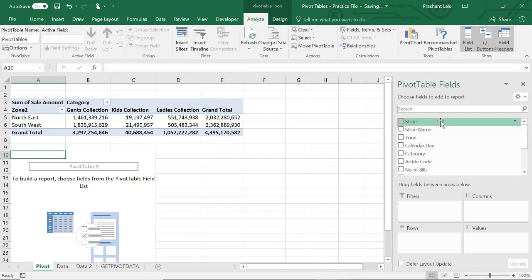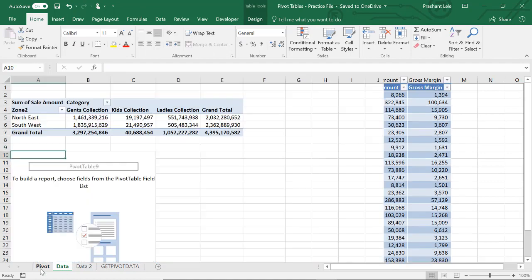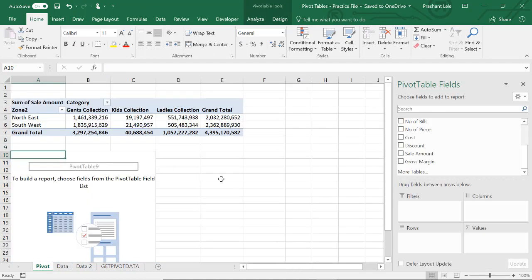Now if you go to the field list, you will not see the zone 2 below, right? So it is now disconnected from the pivot table cache and it is using its own pivot table cache. The problem with this is it will increase your file size, because now when there is only one pivot table or there are multiple pivot tables which are using the same pivot table cache, your source data is duplicated. Means there are two copies of your source data. One is the physical copy which is residing in your source data sheet, and the second copy is in virtual memory, which is nothing but the pivot table cache.